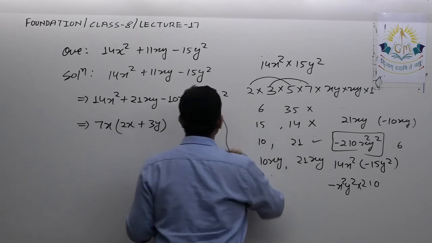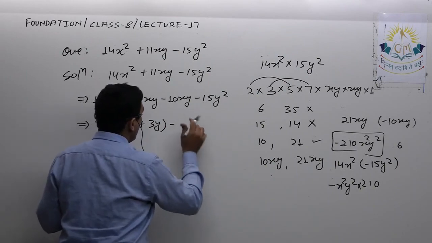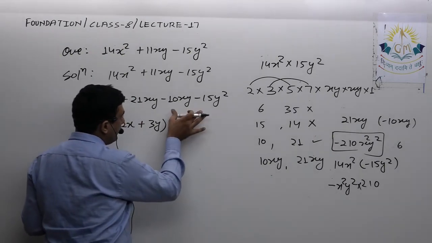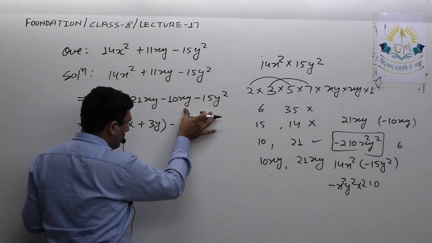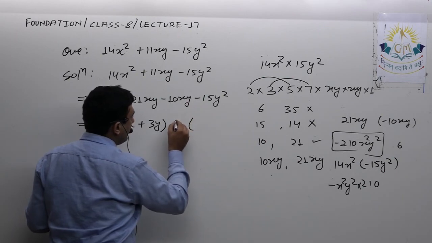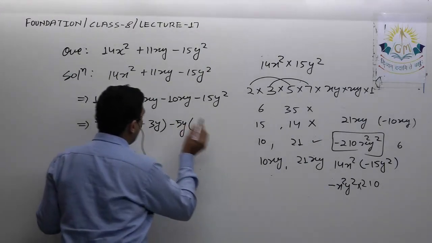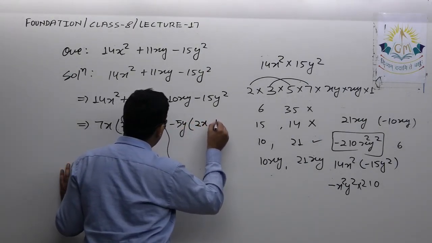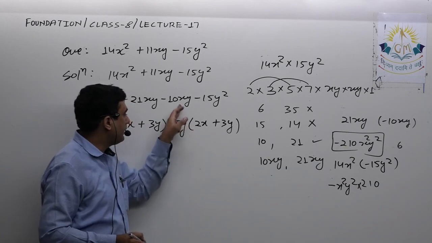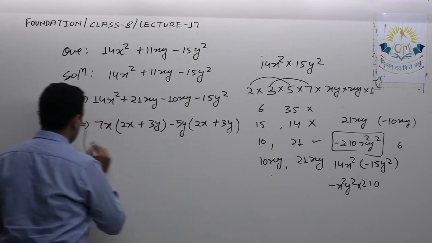Okay, now from these two, again as I told you, if you are not getting directly what to take common, you can write the quantity which is in the first bracket over here. However it is easy to take common, you can see y can be taken common as well as minus sign can be taken common, and here it is 2 into 5, here it is 3 into 5, so I can take 5y common. Actually I should say minus 5y common. So when I take minus 5y common, here I will be left with 2x plus 3y. You can check in reverse order. Minus 5 into 2 is minus 10xy, minus 5y into plus 3y is minus 15y square. So this is exactly correct.